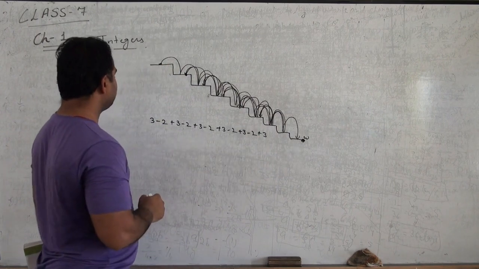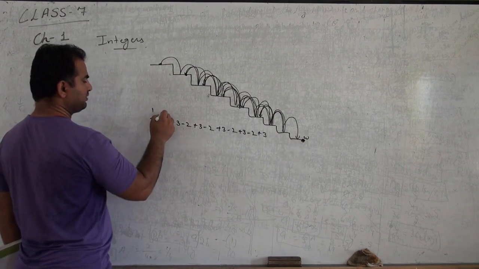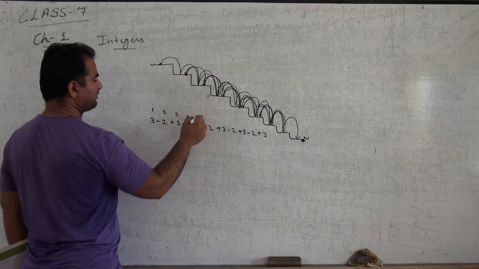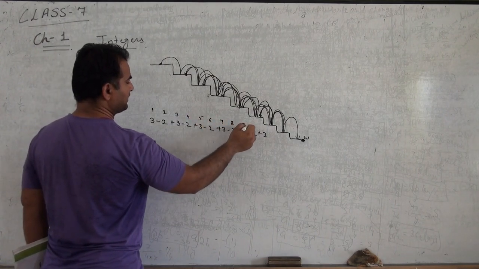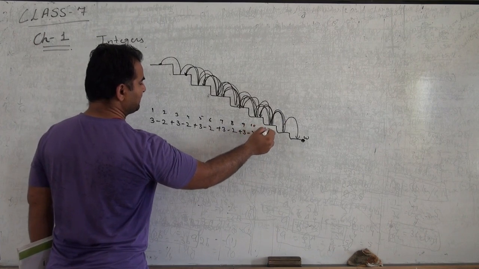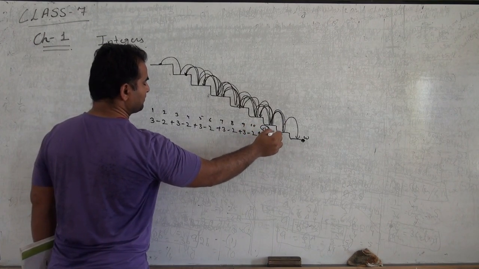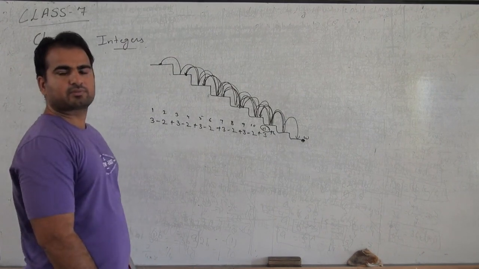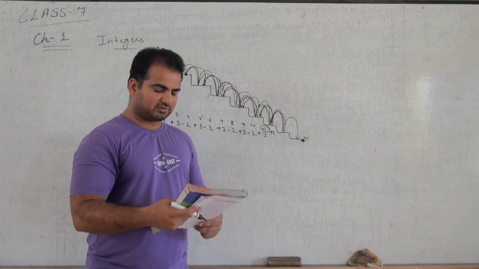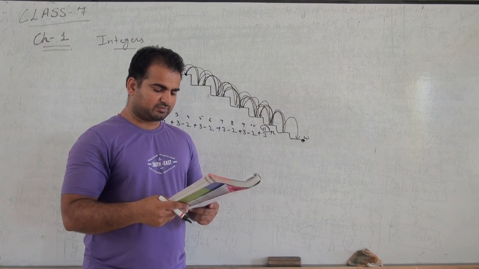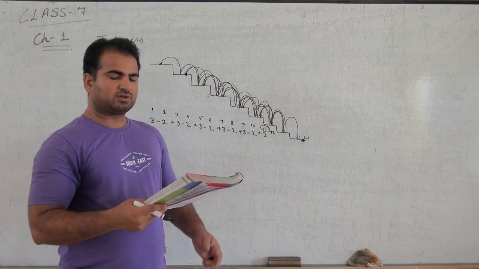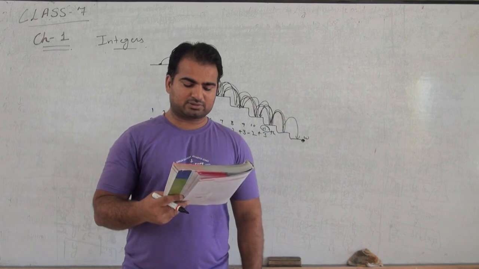So how many jumps has he made? 1, 2, 3, 4, 5, 6, 7, 8, 9, 10, and at the 11th jump he will reach the water. Okay, so what you have to do is complete the second and third parts of question number 10,